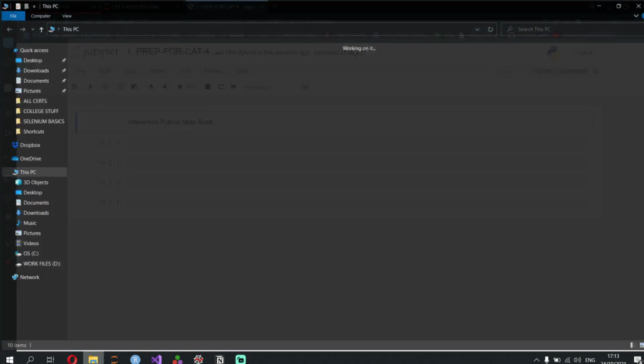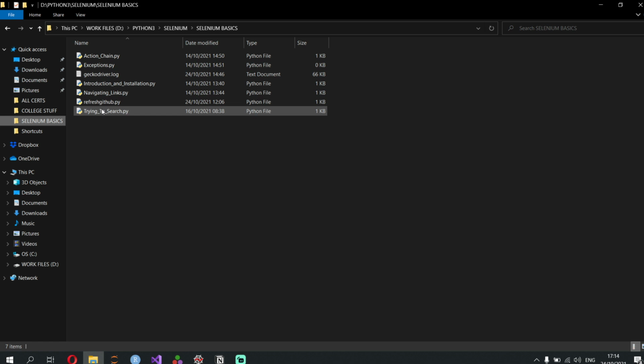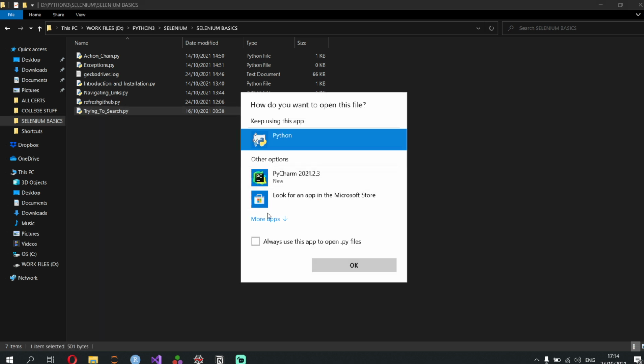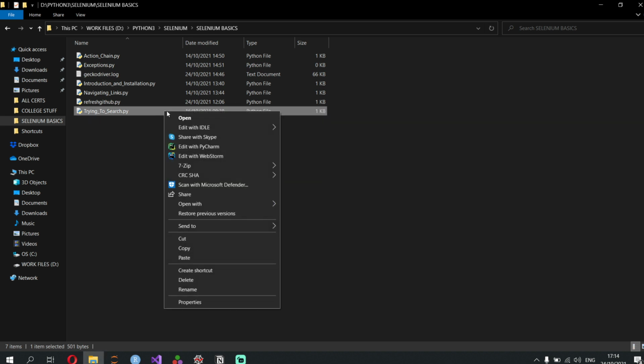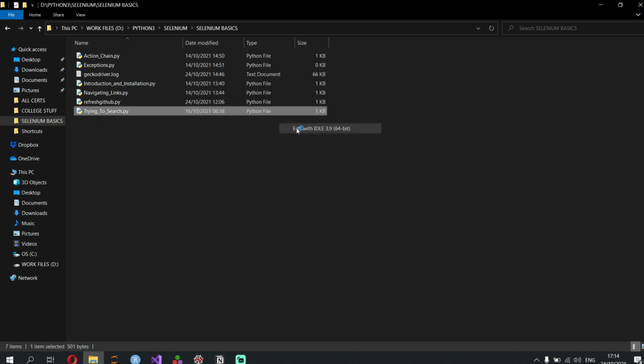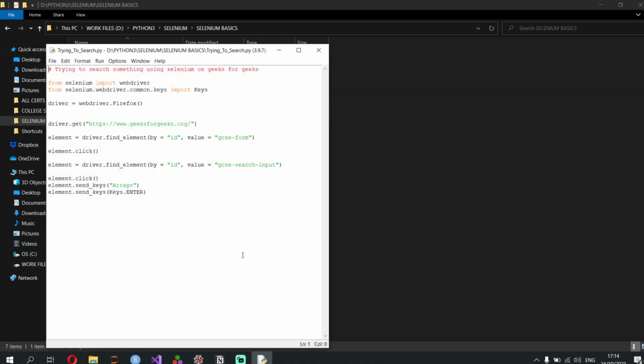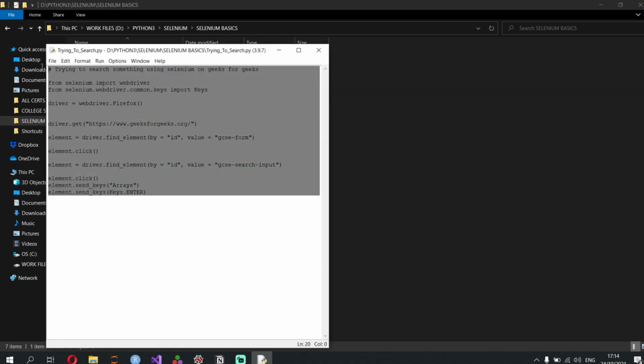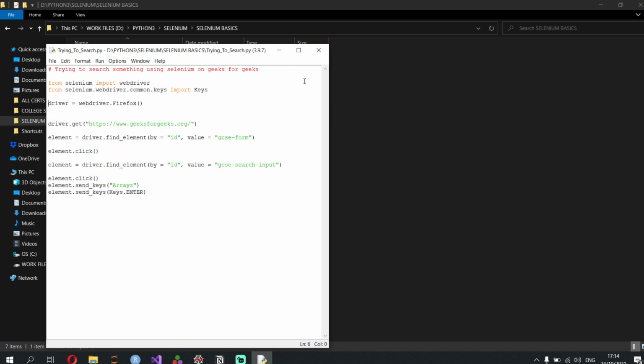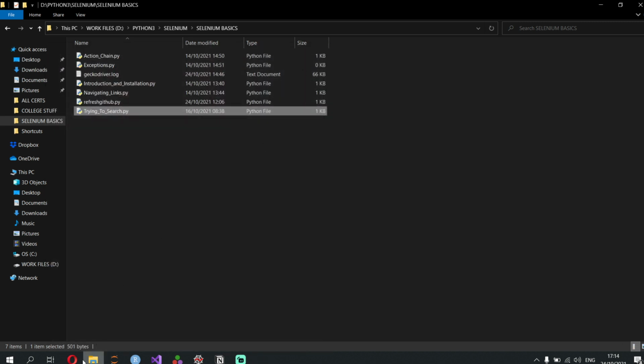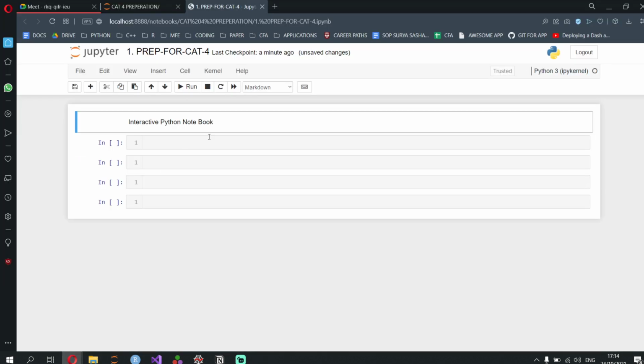For example, let me show you one of the other codes, in Selenium. This is how the code generally looks. It looks like this huge wall of text, and you run it all, and then you search for the error, and then you change the error. So that's how it is in general. But over here, you can split your entire program into parts. That's what interactive Python notebooks are.